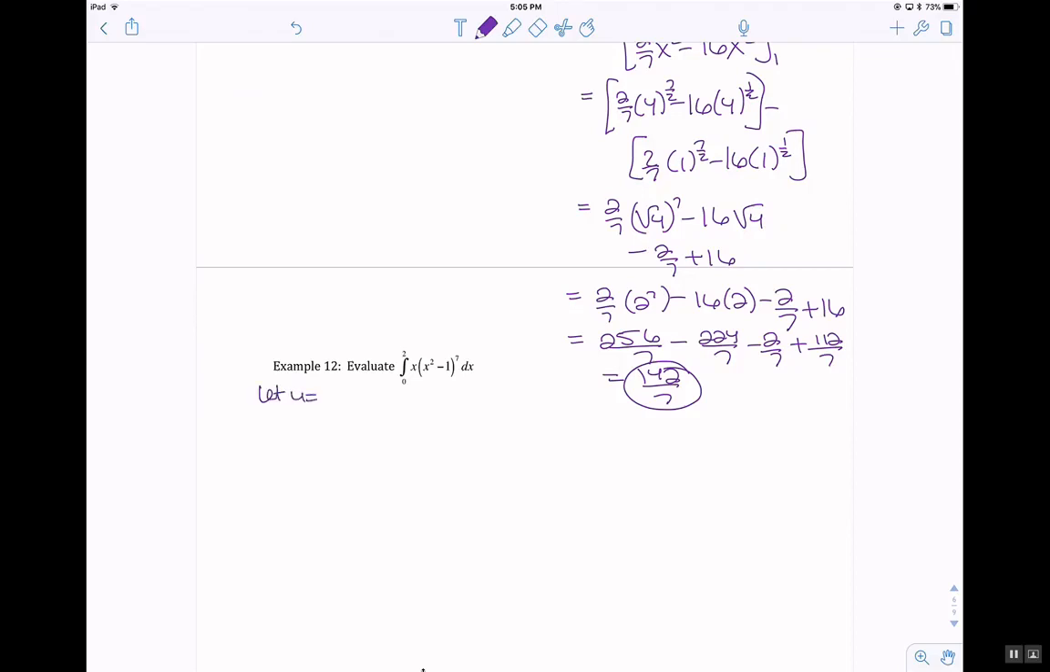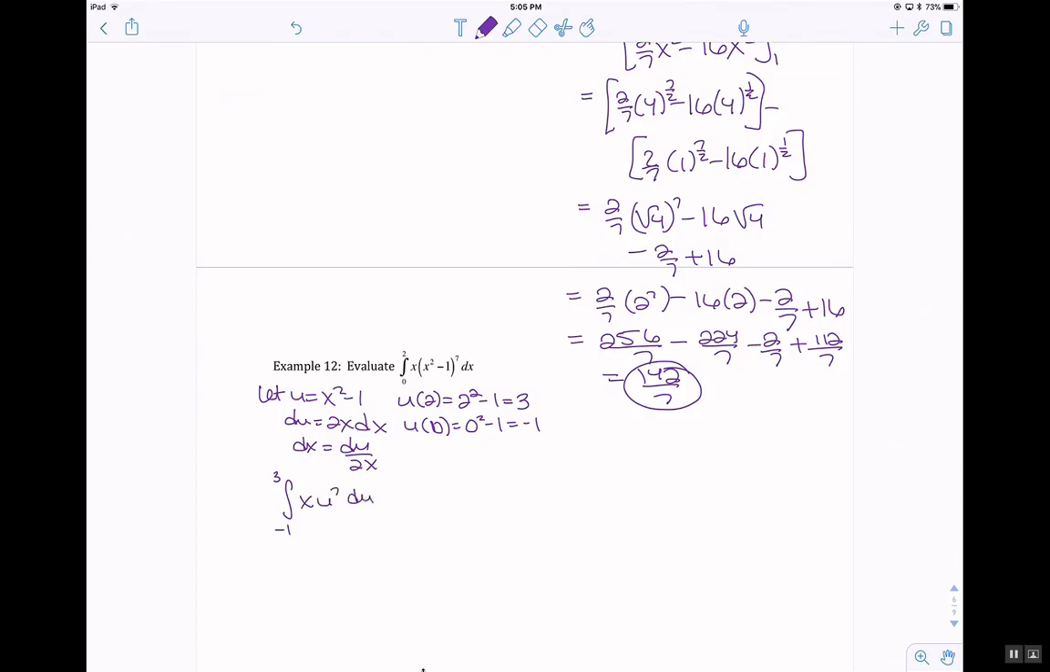Let u be equal to x squared minus 1, so du is equal to 2x dx, so dx is du over 2x. So then u of 2 is equal to 2 squared minus 1, so that's 4 minus 1, which is 3. u of 0 is equal to 0 squared minus 1, which is negative 1. So then I have my antiderivative, negative 1 to 3